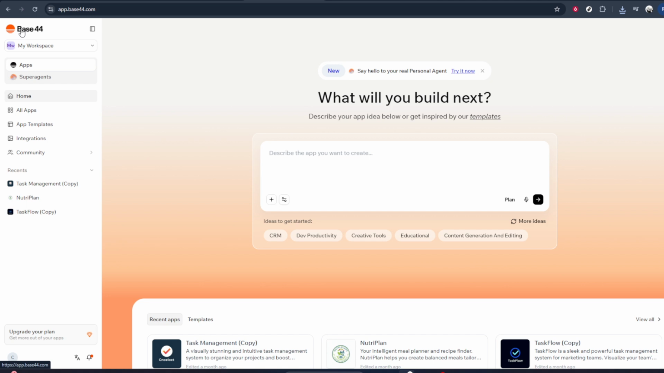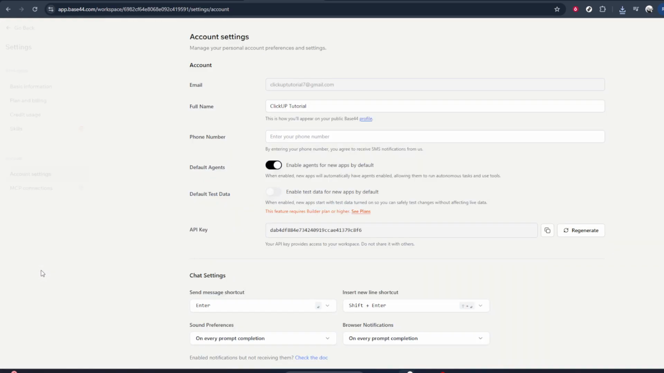When that menu opens, look for the option labeled Account Settings. This is where Base44 keeps all the controls related to your workspace, billing, and integrations. Click Account Settings to move into the main settings area. If you don't see it right away, make sure you've clicked the correct profile icon and that the menu is